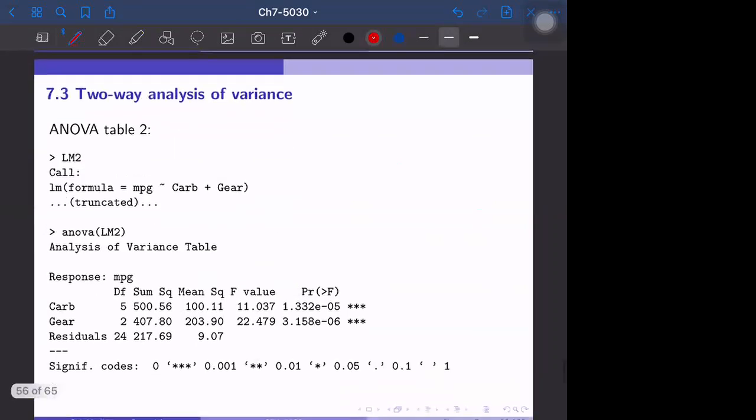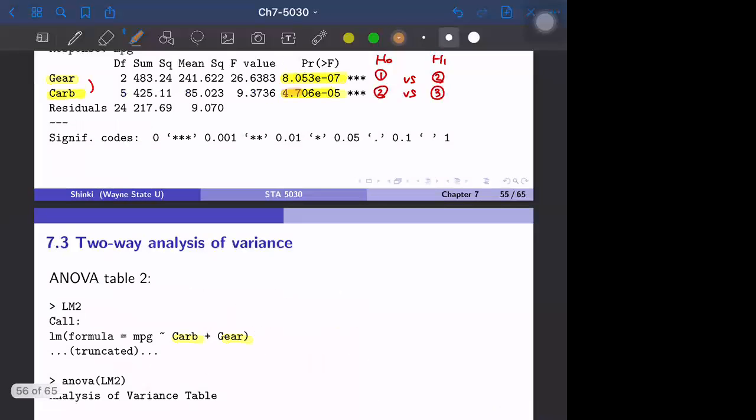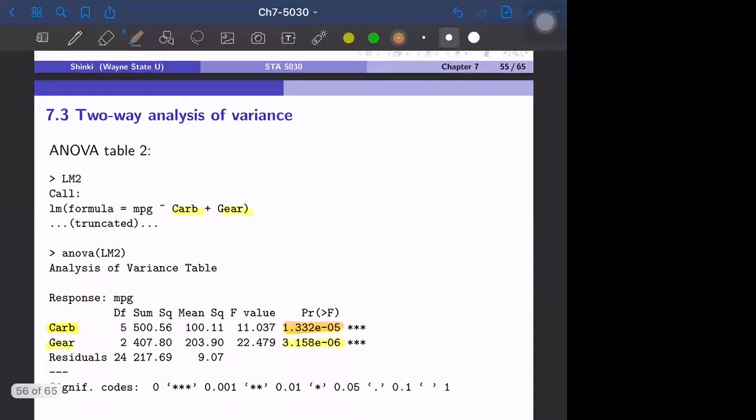So, second ANOVA table: carburetor first, then gear. Both are significant, but the p-values are different. Carburetor is more significant because we haven't used the information of the gear beforehand. If you compare this p-value with the previous p-value, it actually gets smaller, maybe about 1/3 or